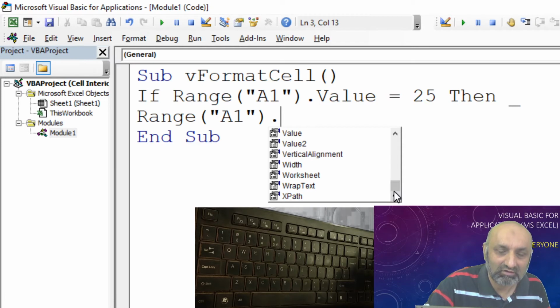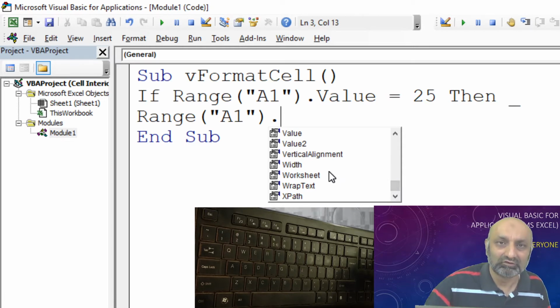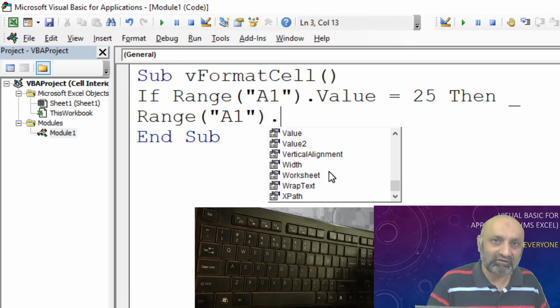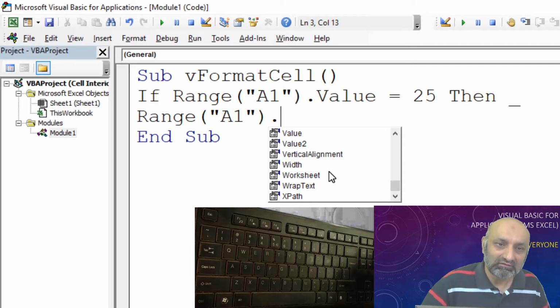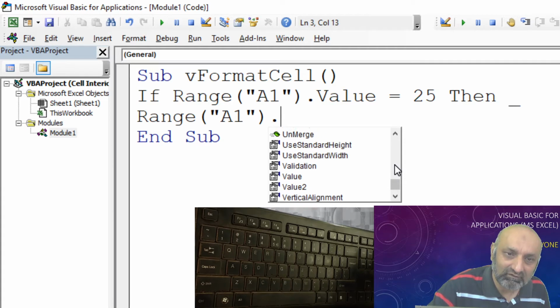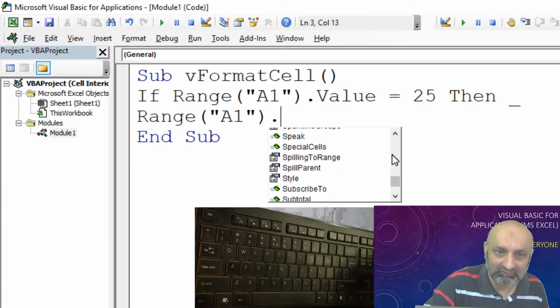These are all functions or settings I can do with the range A1 function. Before that, we have looked at the value and the select, range A1 dot select, range A1 dot value. But all these features are available to us.